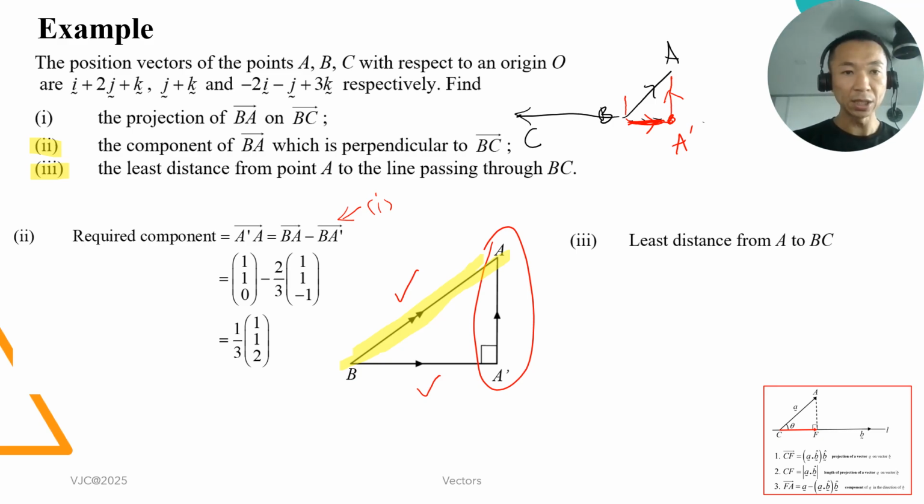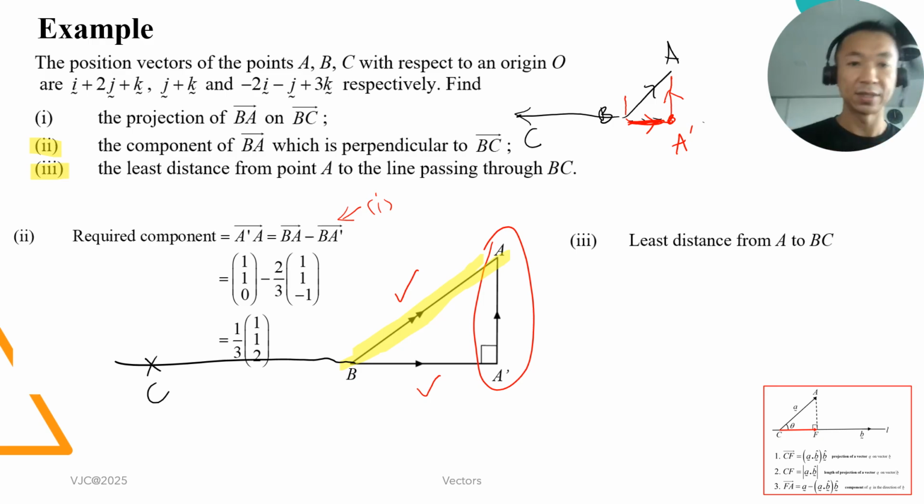Next, the question asks us, part 3, to find the least distance from A to the line passing through BC. Let us recall, this is your C somewhere here, from earlier. Essentially BA prime is the projection of BA on BC. So the question asks us the least distance from A to BC, the line passing through BC. Actually, they just want you to find this